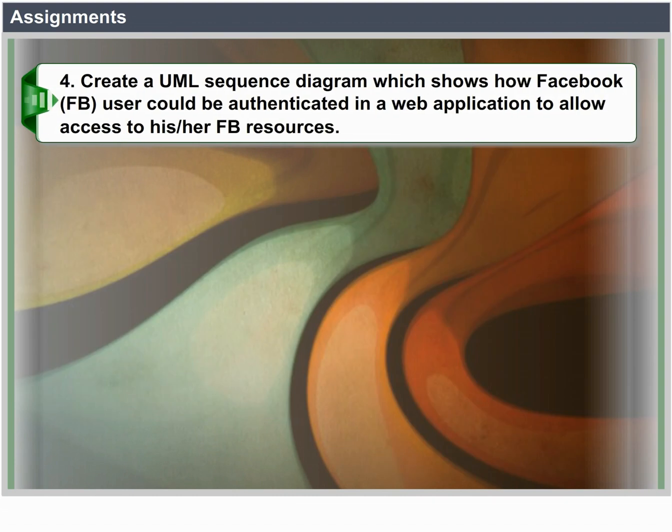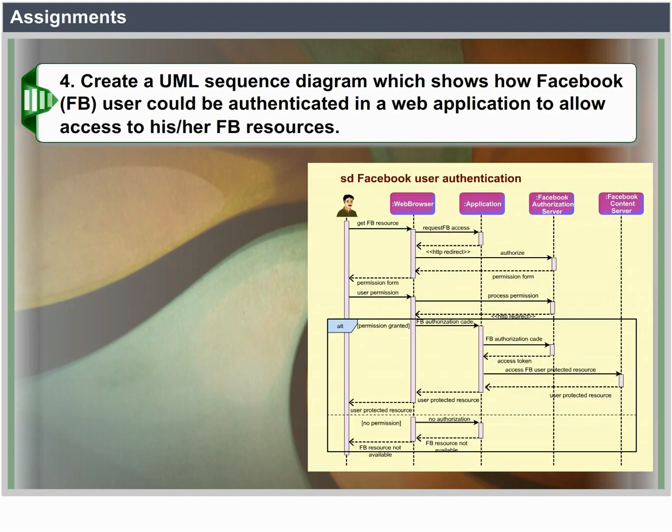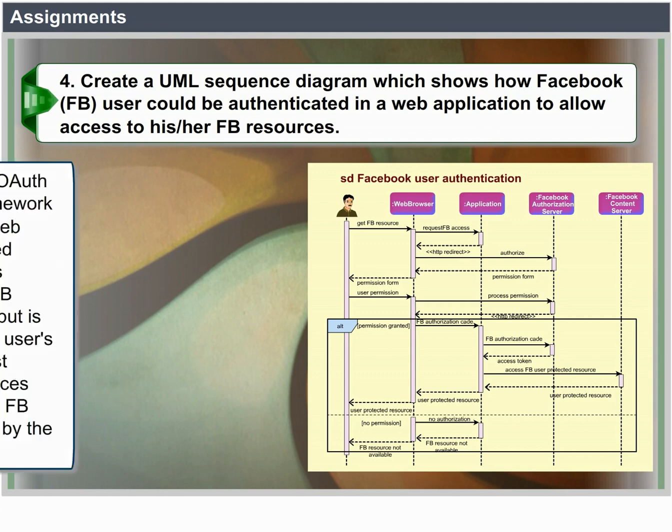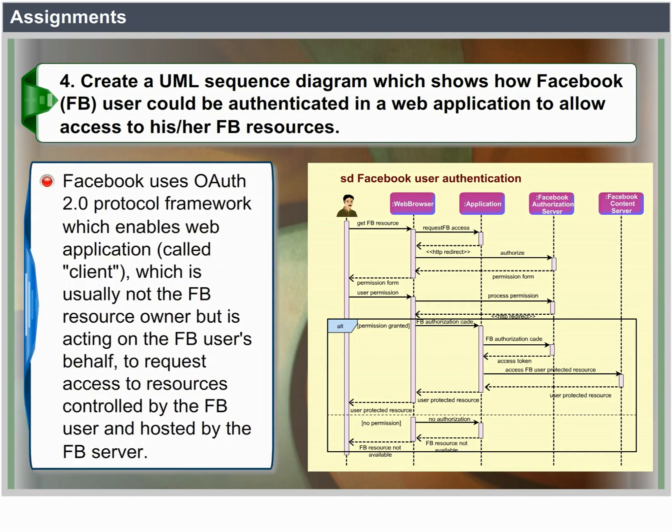Create a UML sequence diagram which shows how a Facebook user could be authenticated in a web application to allow access to his or her FB resources. Facebook uses the OAuth 2.0 protocol framework which enables a web application called client, which is usually not the FB resource owner but is acting on the FB user's behalf, to request access to resources controlled by the FB user and hosted